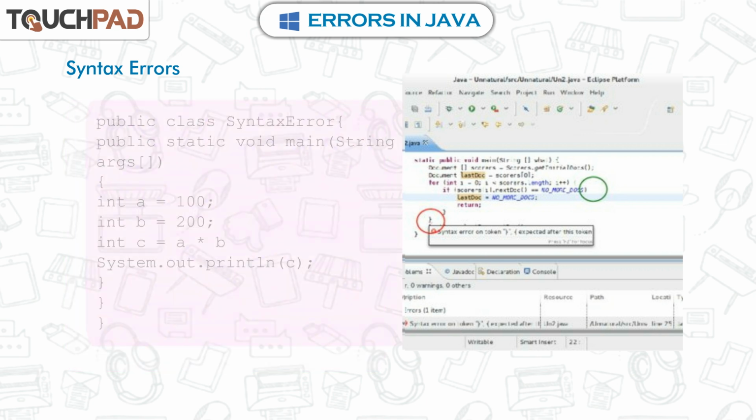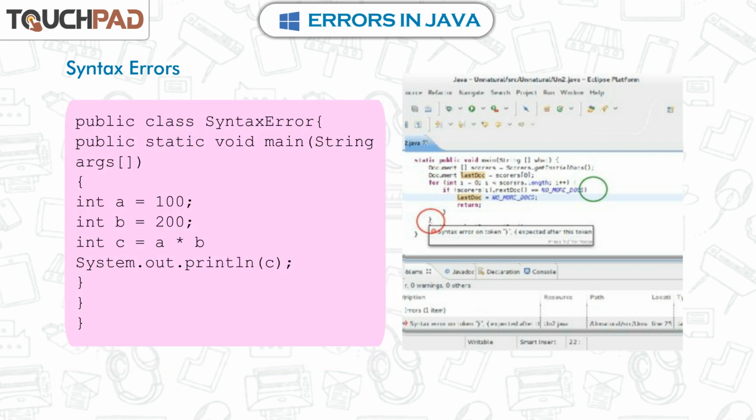For example, public class SyntaxError { public static void main(String[] args) { int a = 100; int b = 200; int c = a * b System.out.println(c); } } }